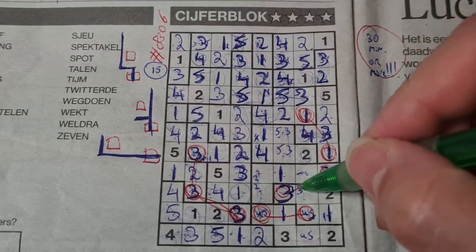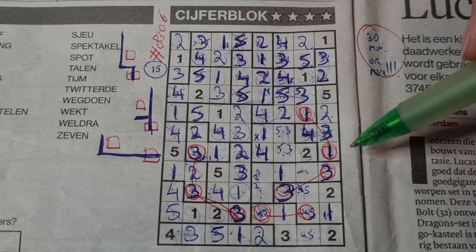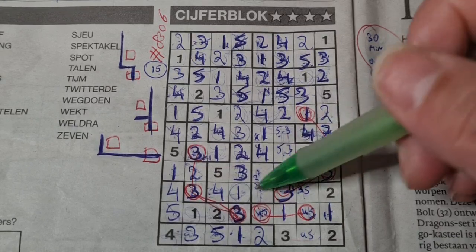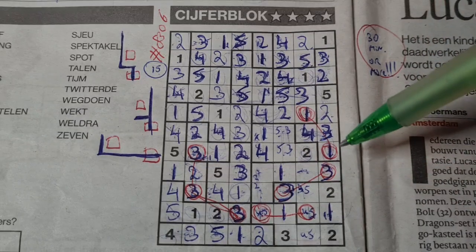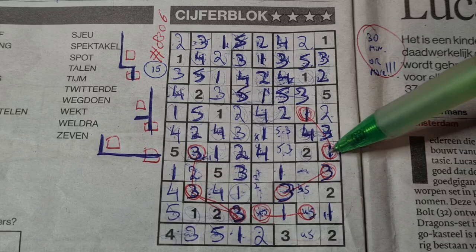So 2 numbers left, numbers 4 and 5. Here also 4 and 5. Okay. Then let me think. I need a 5 here, and I need a 4 here. Interesting. 3 and a 5. Well,